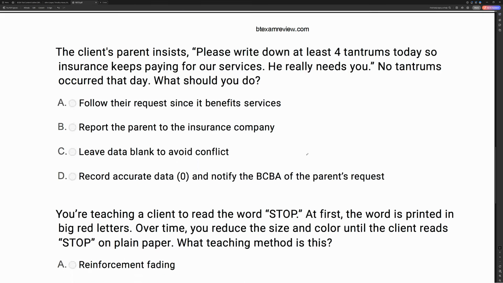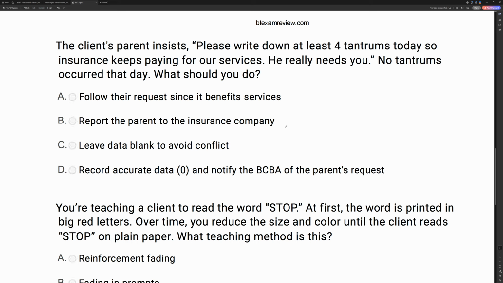The client's parent insists, please write down at least 4 tantrums today so insurance keeps paying for our services. He really needs you. No tantrums occurred that day. What should you do? This is a very tough spot to be in when, let's say, you've developed a relationship,